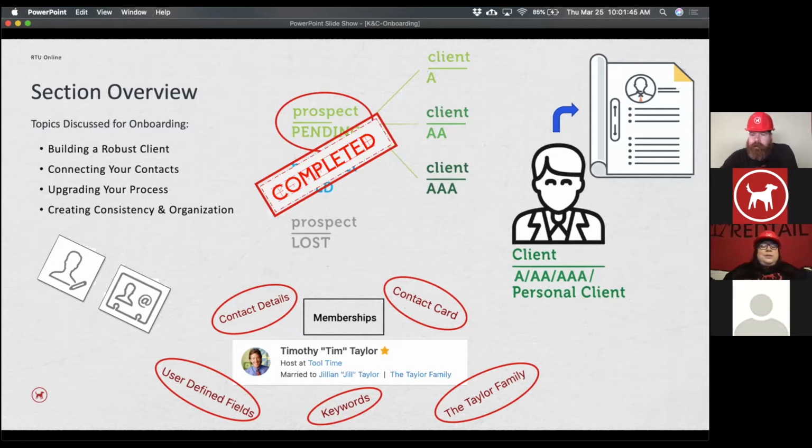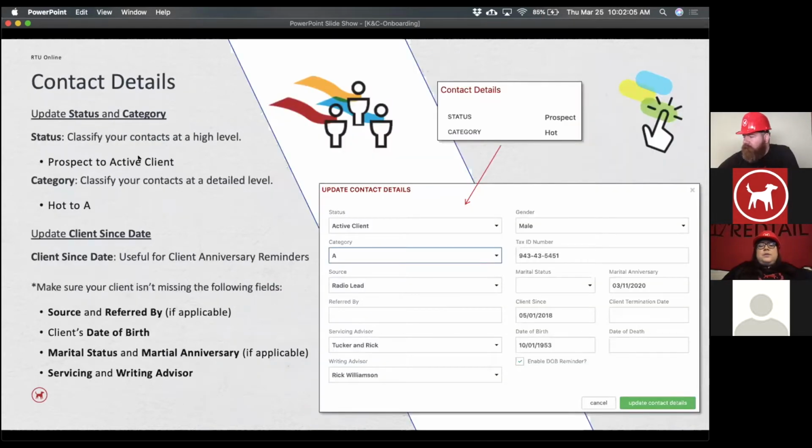So we'll say process like 800 times today, because that's really the whole concept. You're going from one step to the next step, to the next, until it starts to just become second nature to us. But in here, again, we're going to really focus on that whole client relationship, or making that client relationship, I should say. So we're going to start off really with the basics of basics,